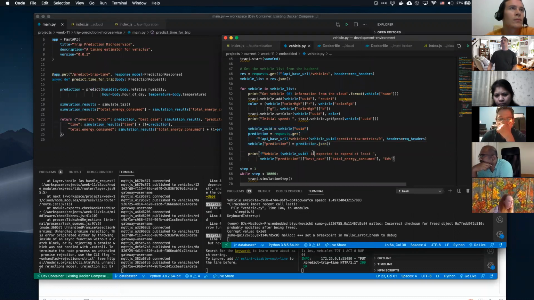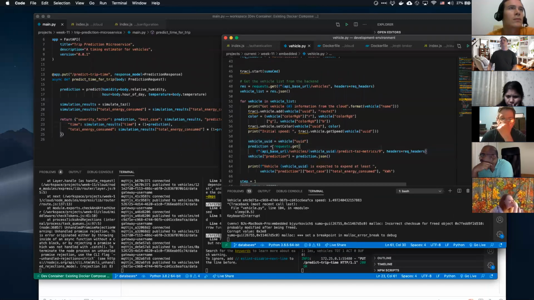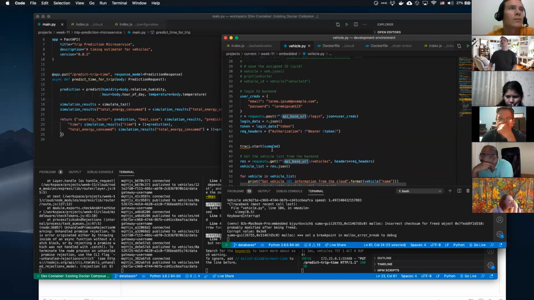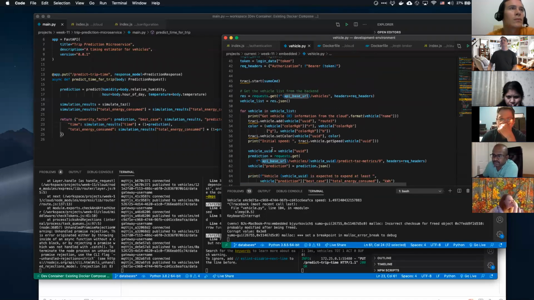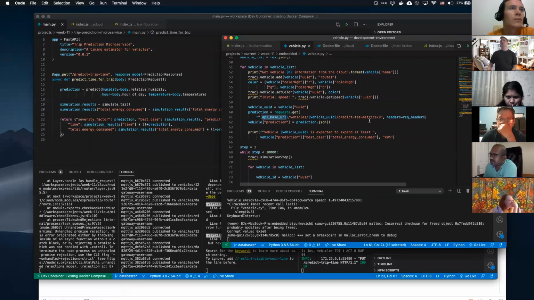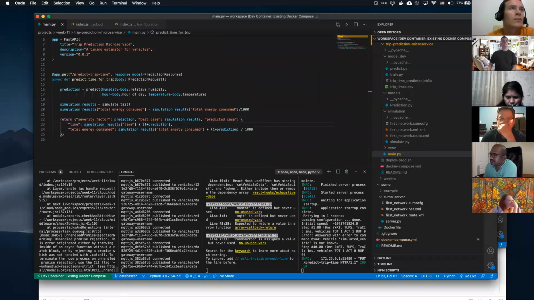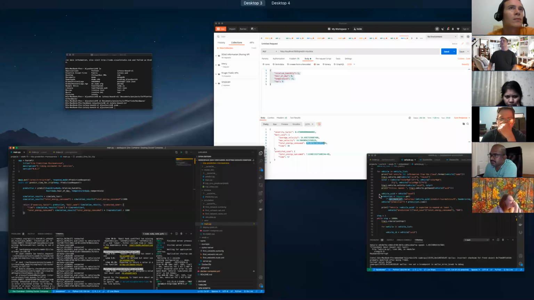So let's see what the issue is here. This is request.get API base URL. What is API base URL? 9500, that should be fine. Predict TAS metrics, that should be fine. Oh, look at that. I wasn't looking.